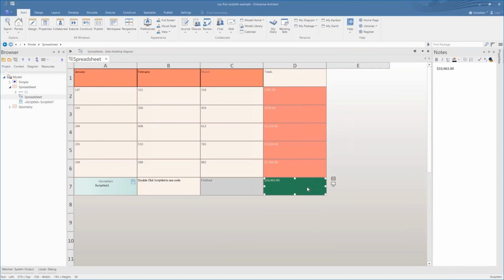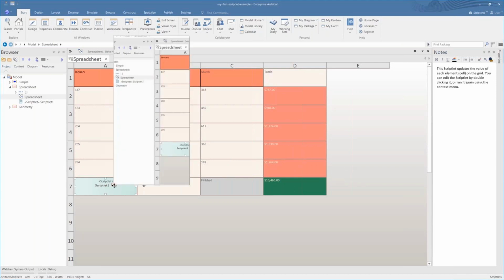So not only can you perform mathematical functions such as trig functions, but you can also create a spreadsheet within Enterprise Architect 16 that will sum rows and sum columns and perform mathematical functions and be able to calculate items that are relevant to the particular diagram.